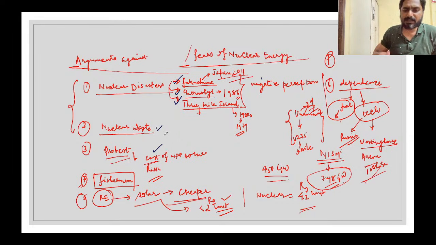Or basically, as a suggestion, you can overturn some of the concerns, like why people are protesting, because they fear the nuclear waste, the disasters, or the perception. So you have to change the perception of the people. You can do that in your conclusion part. So I hope this question is clear to you now.